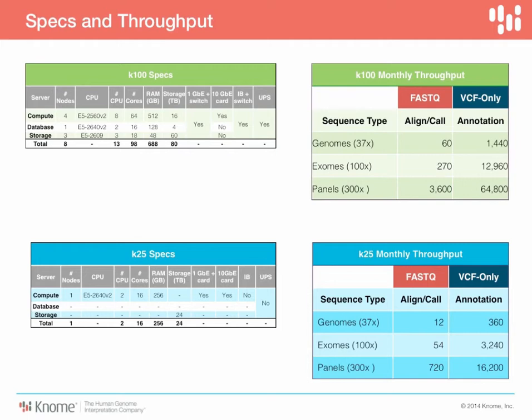Of course, the K100 model is designed to be expandable. So if 60 genomes a month is not enough for you, we have a very scalable solution, so we can add more grid nodes very easily and get your monthly genome capacity to be as high as you need it to. We can also scale the storage to very large amounts. So, speaking of storage, what I'd like to do is talk about the shared file system that we use first on the Gnosis 100, or the K100, and then secondly on the K25.